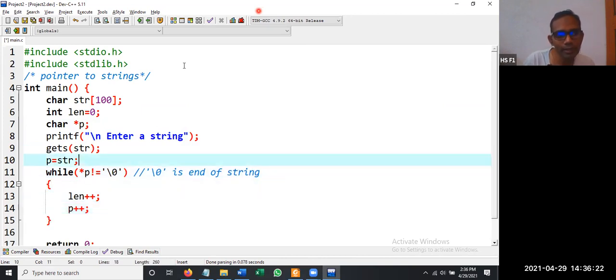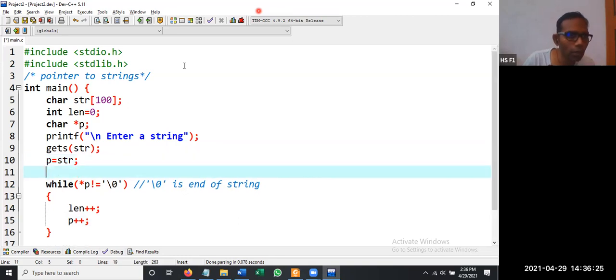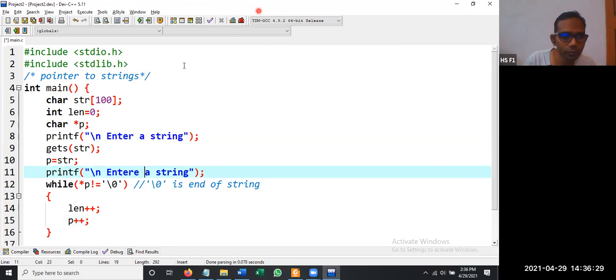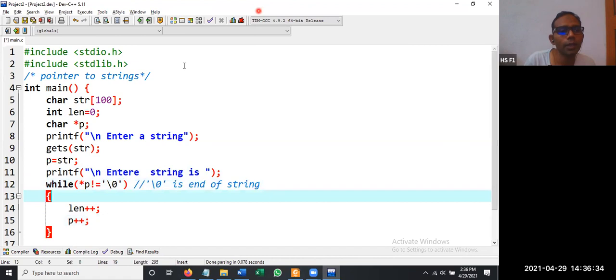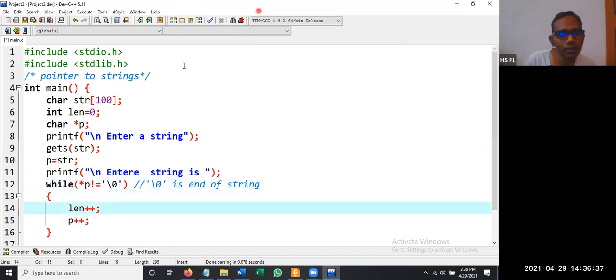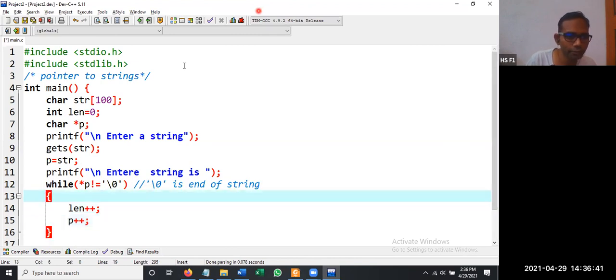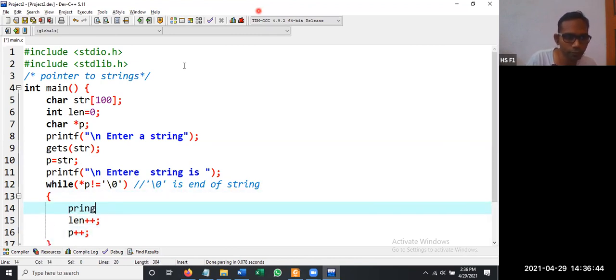If you want to print the string, how are you going to do that? printf, entered string is, then here print character by character. So how to do that? Just write printf with %c, because we are printing character by character, then *p, the value at address.